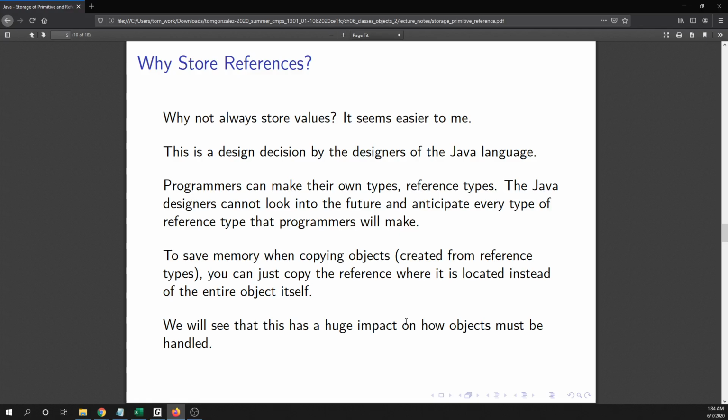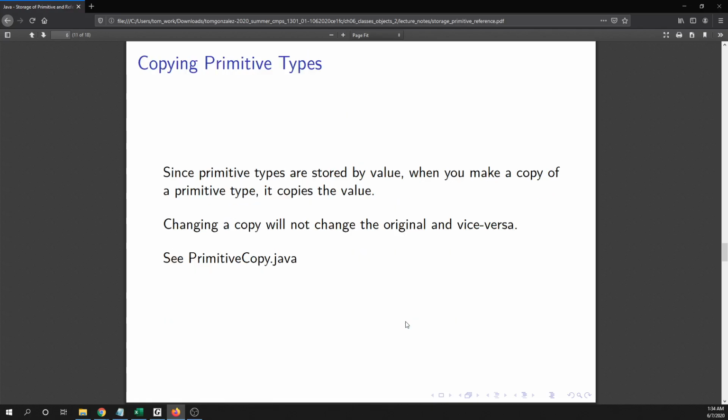All right. So, and that's a good thing. But it has some consequences that you've got to be aware of. If you aren't aware of these consequences, there's going to be strange things happening in your program, and you won't know why. Okay, so we're going to take a look at